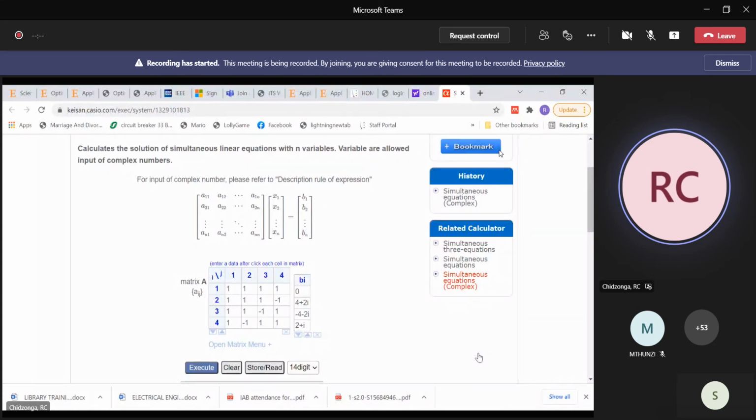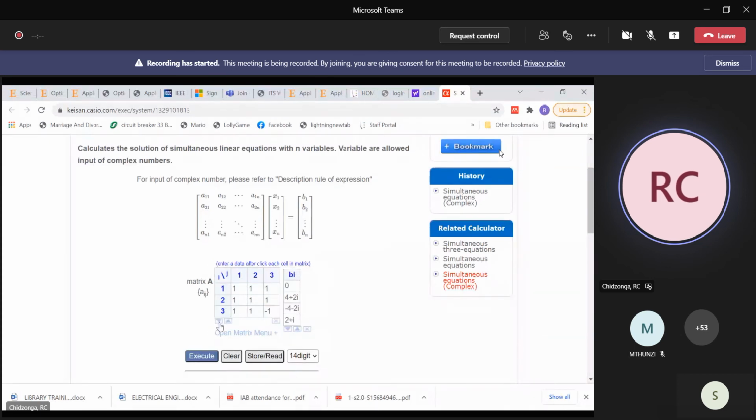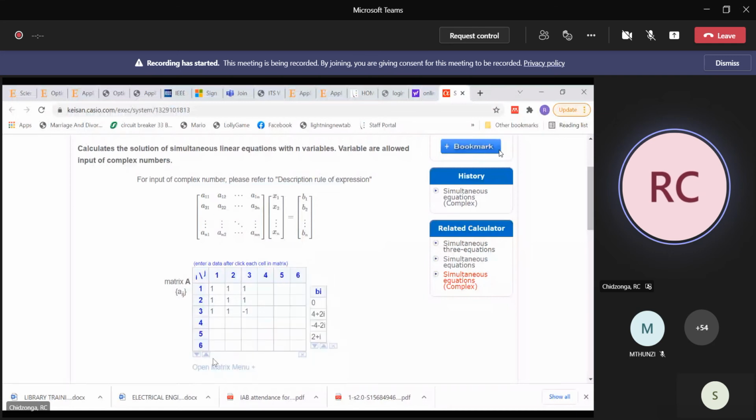So here is a tool. I hope we can all see it. This tool is used to solve the complex equation. Our equation has got 3 unknowns. You see, by clicking here, I've reduced the squares. If I have more unknowns, 6, I would make it large. I would even go to 7 unknowns. You see, it's increasing. But I only have 3 unknowns, so I will reduce it